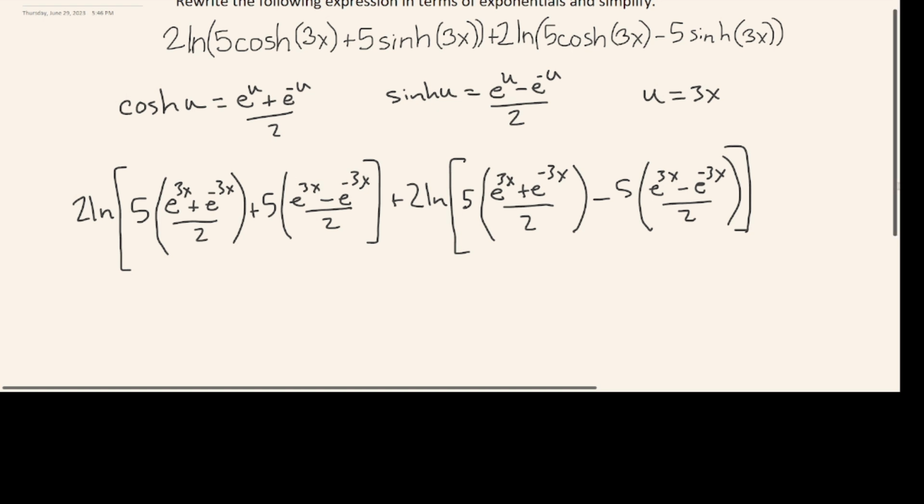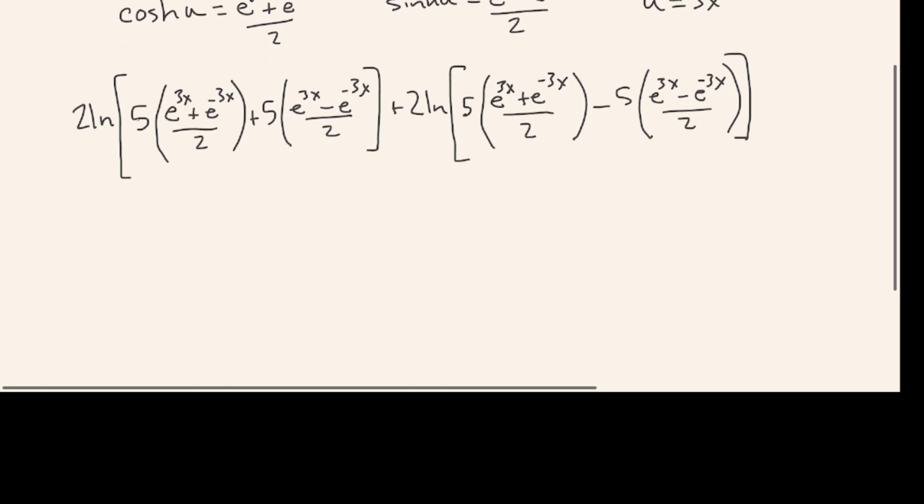From here, what we'll do is distribute the 5 across in both of these natural logs, and because the denominator is 2 in all of these, we're just going to add it all together. So what we'll get is 2 times the natural log of 5 times e to the 3x plus 5 times e to the negative 3x plus 5 times e to the 3x minus 5 times e to the power of negative 3x, all divided by 2,